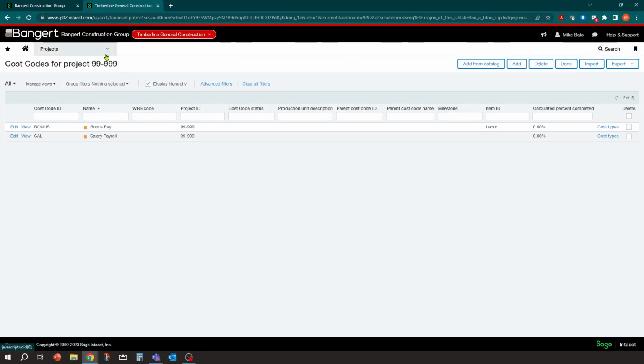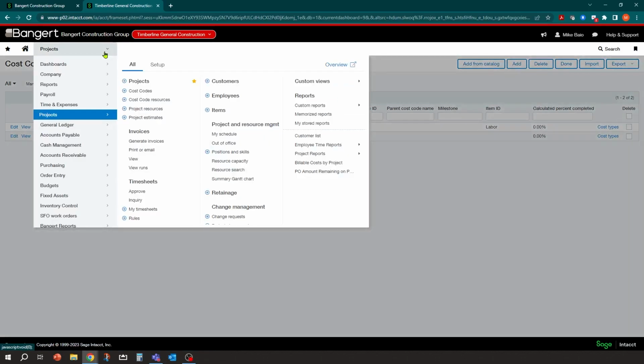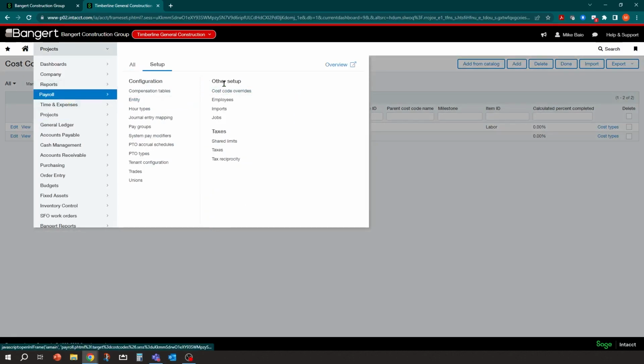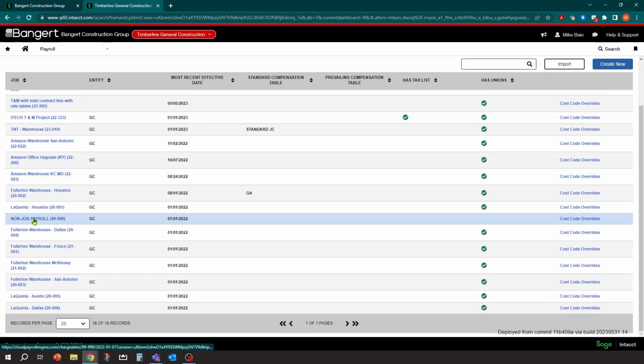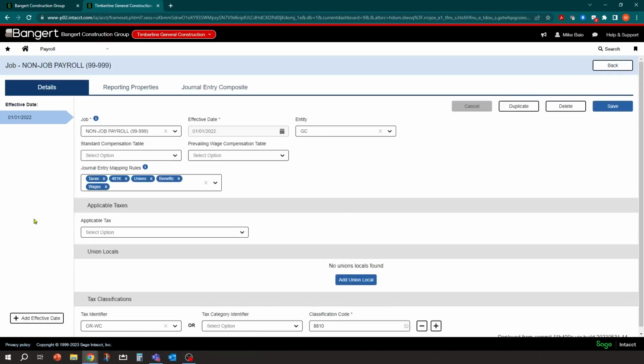Then what happens is in the job setup, in that project setup, we want to take a look at under payroll, under the jobs in payroll, we want to go into that job and see where those journal mappings are posting to. So non-job payroll in this case is actually going to a GL pay group called wages. So in this case, I also want to add that bonus GL mapping to the wages as well.